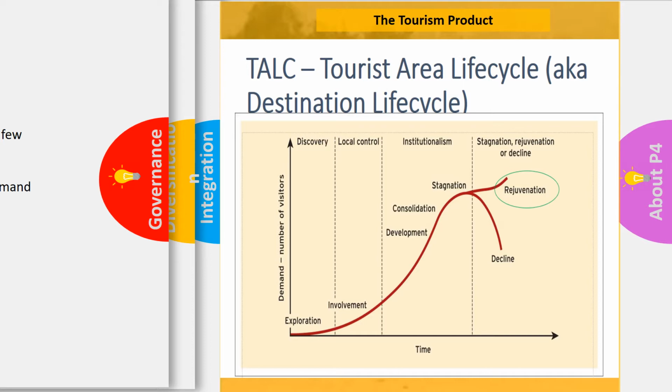But in the same way, you have the tourism product destination life cycle, which is the exploration, the involvement, the development, consolidation and stagnation of that area, and then, like everything, there will eventually be either a rejuvenation, where it's rejuvenated with investment, thinking about sustainability and visitors and numbers and other issues like the environment, or it